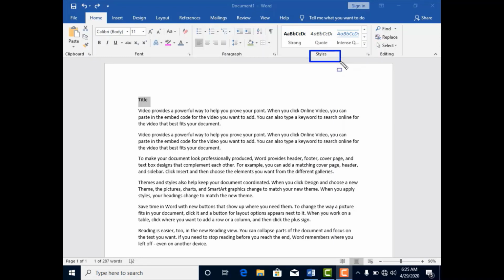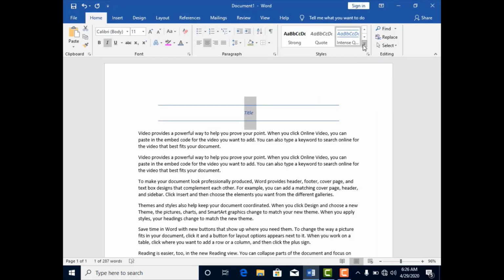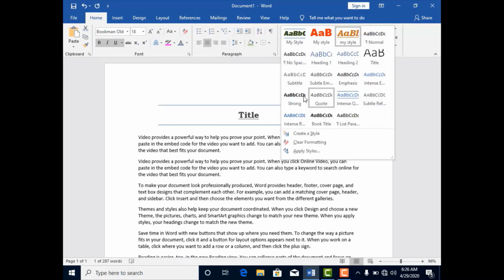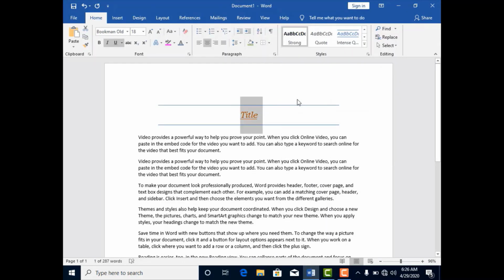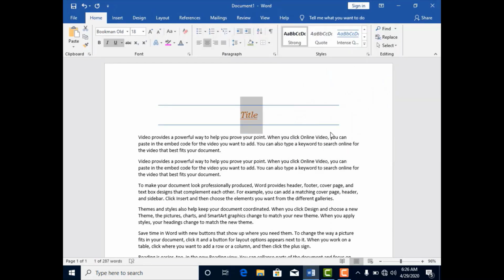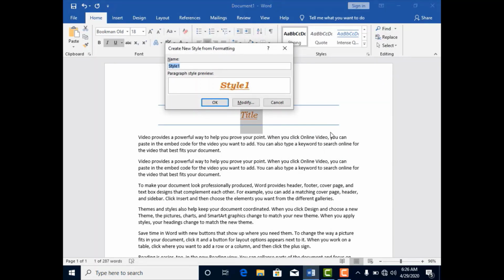There are different styles that you can add to your paragraphs. For example, this style, or no, I want this style and this style, and there are different styles that you can use. But sometimes these styles are not acceptable for you and you want to create your own style. Come here and create a style. Now name the style, for example, new style,